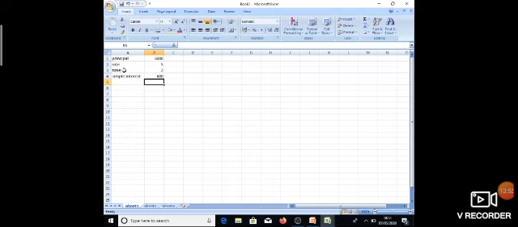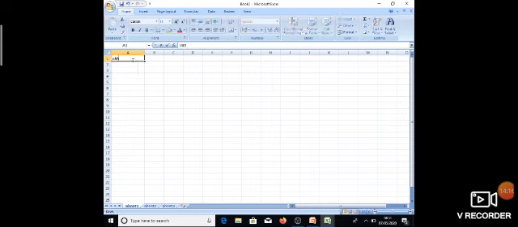Okay. Now, I want to give you an example of this concatenation, means adding formula on text. Okay. Now, I am going to add two texts. Suppose myself Vandana Singh.